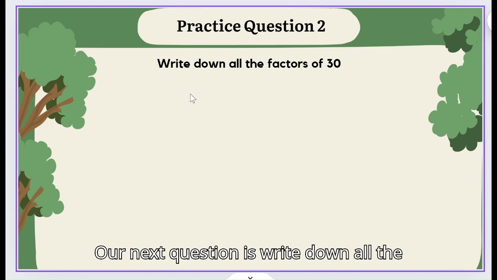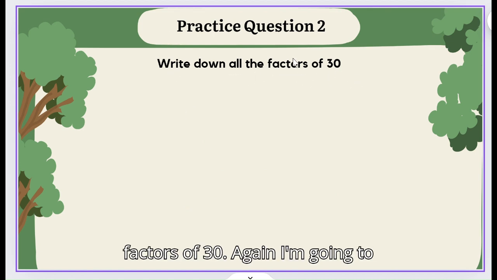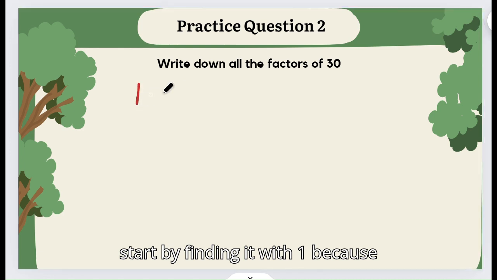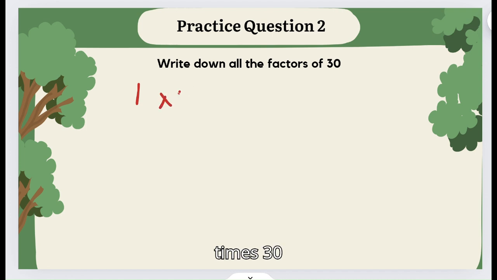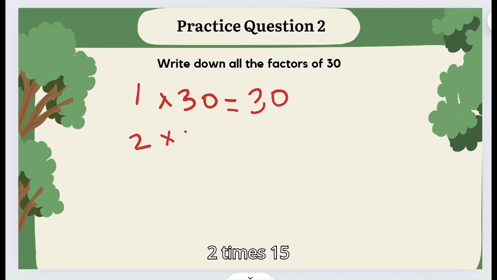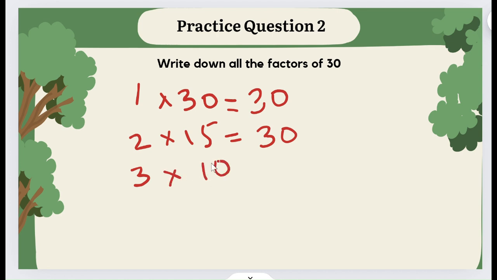Our next question is, write down all the factors of 30. Again, I'm going to start by finding it with 1, because 1 is a factor for every number. So 1 times 30 will give me 30. 2 times 15 will give me 30. 3 times 10 will give me 30. 30 does not come in the times table for 4. 5 times 6